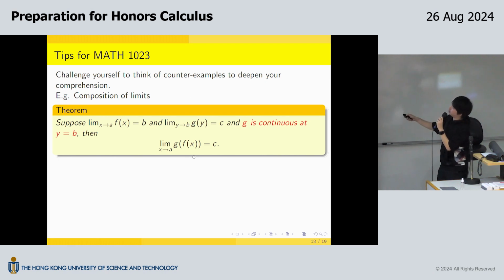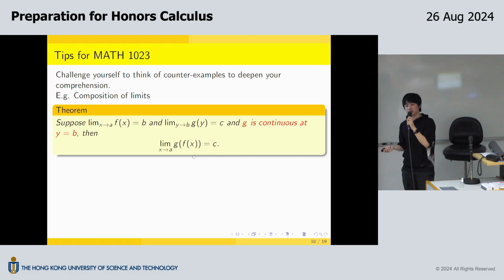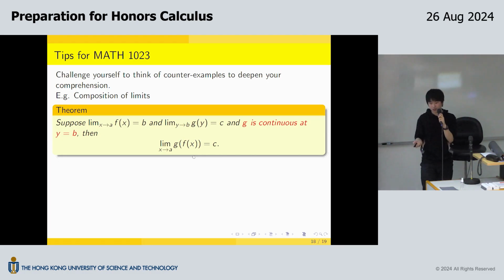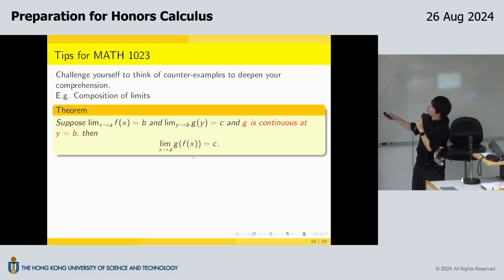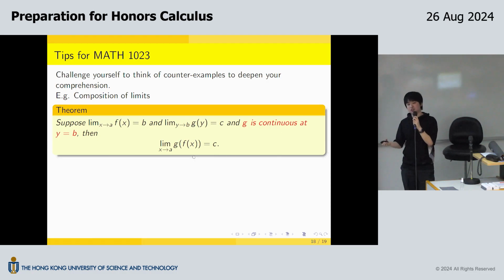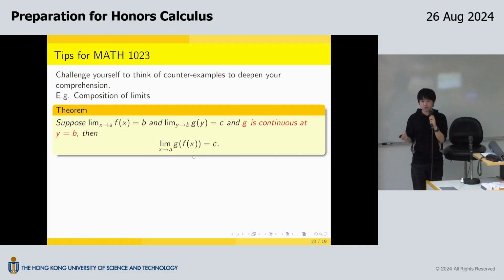An example is like this. Normally, you encounter theorems in the honor calculus course, and those theorems come with assumptions and conclusions, right? To think about counterexamples, you can think about why those assumptions are necessary, and think about where the proof of the theorem breaks down if one of the assumptions is removed. So for example,